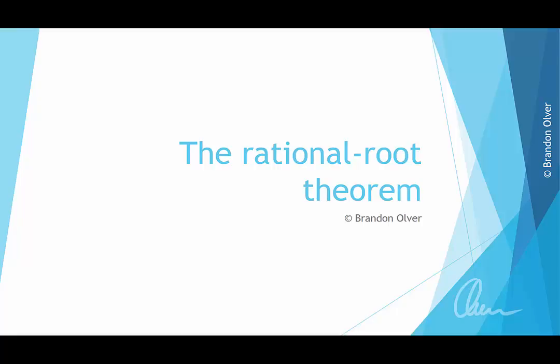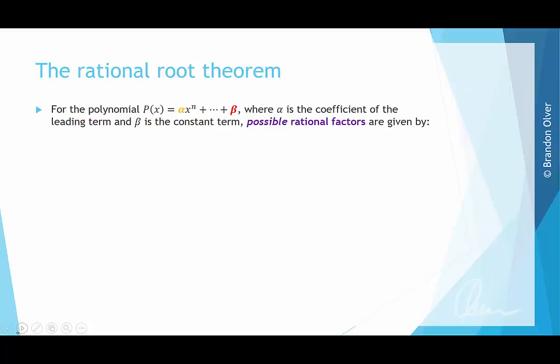In this video, we will be looking at the rational root theorem. For the polynomial p of x, which equals alpha times x to the power of n, plus a series of polynomial terms plus the constant beta, where alpha is the coefficient of the leading term and beta is the constant term, possible rational factors are given by